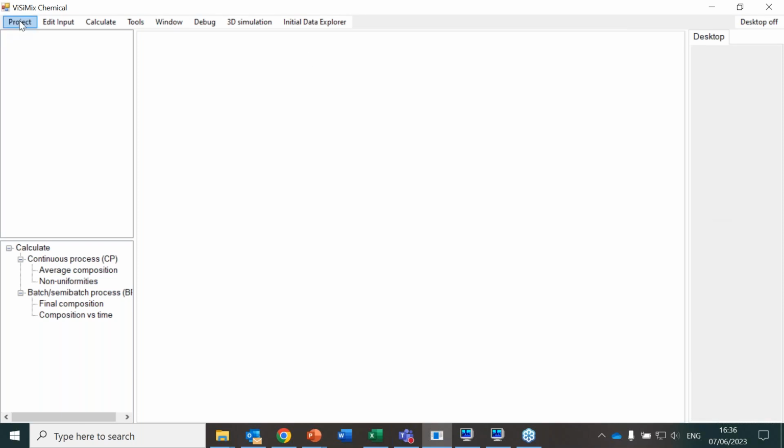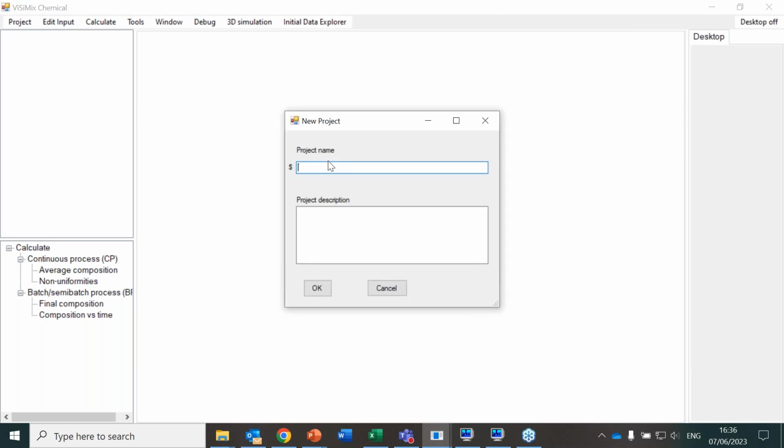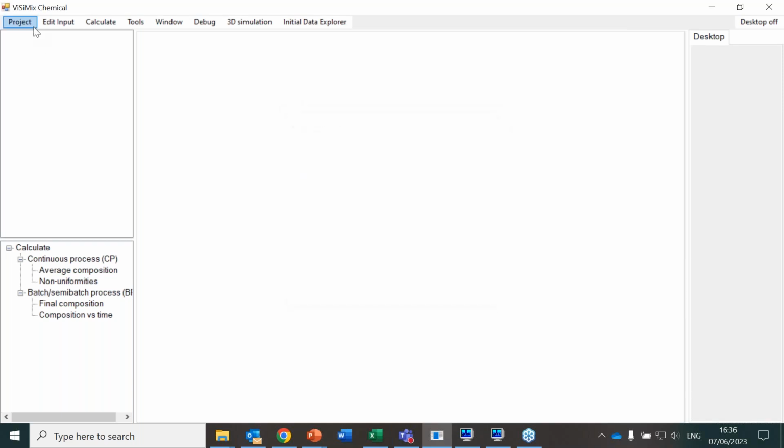In our case, if I click new project, the software will start to ask me the name of the project and the main important windows that you know in VisiMix. But because it's only a demo, it's not running all the windows as we want to show. What I will do is pass through every window through the edit input. For this, I will open a